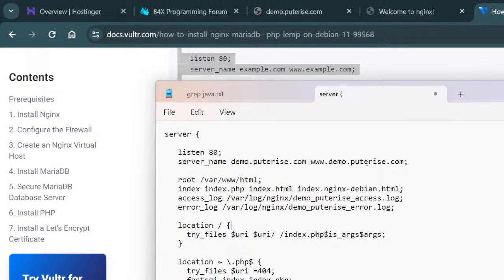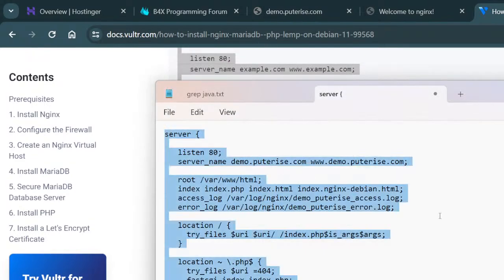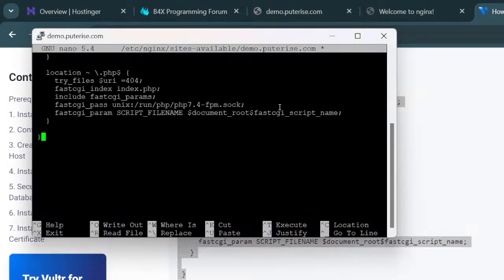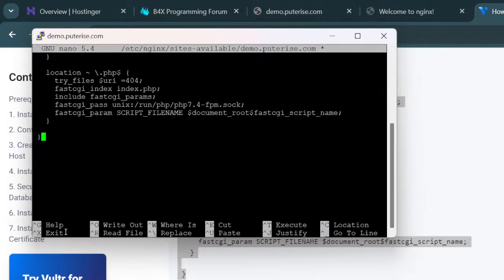Basically we just need to change example.com to demo.pewterest.com. Okay, so we save this. We need to copy this file with the file over here. Okay, we just right click and paste the file over here. Then we